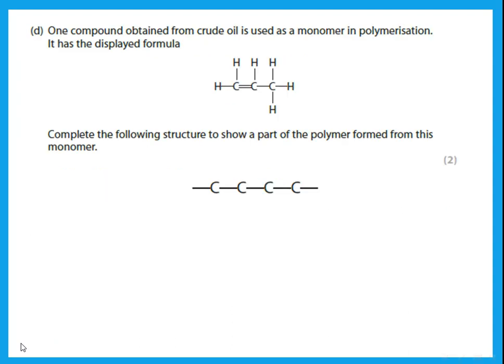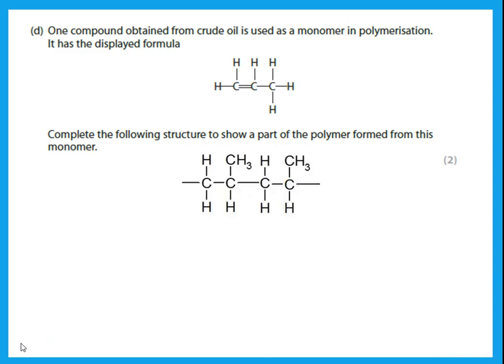One compound obtained from crude oil is used as a monomer in polymerization. It has the displayed formula, this. Now complete the following structure to show a part of the polymer formed from this monomer. So remember, how do I draw a polymer? First of all, I look at the part that has the double bond,